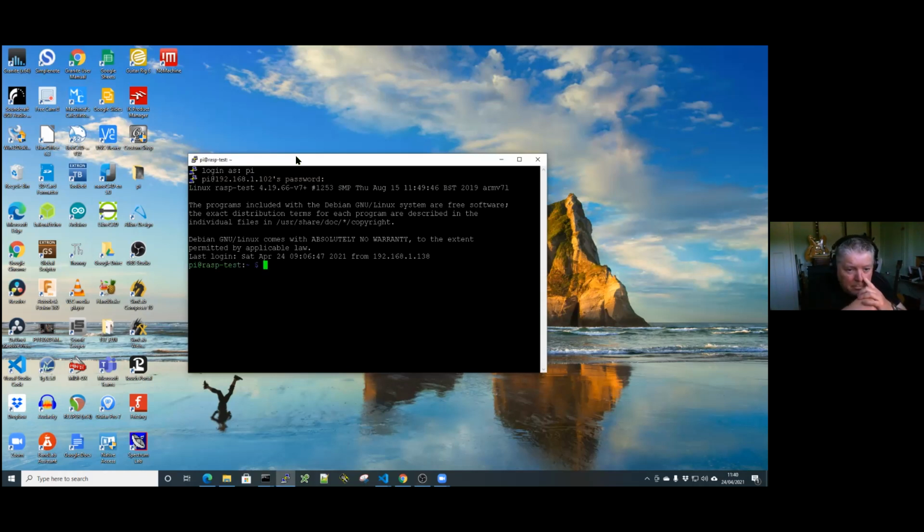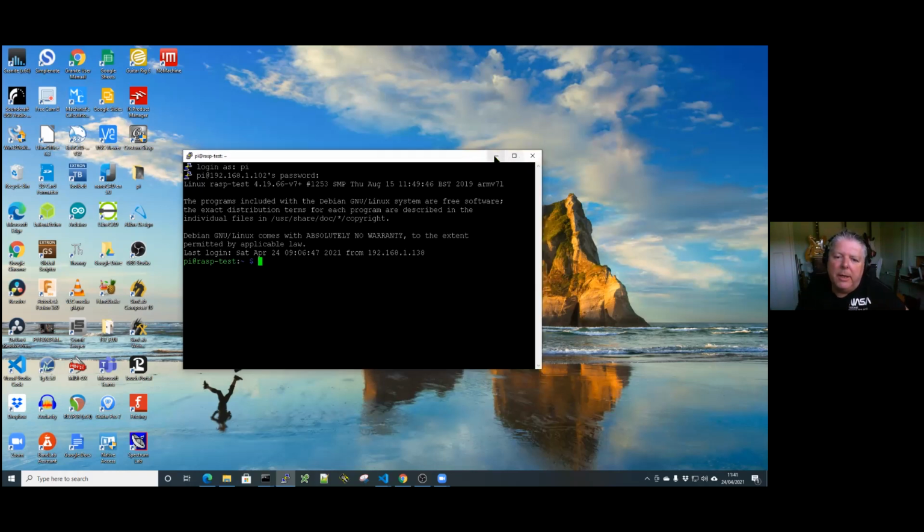Now, editing a Pi file on there I can do from here, but of course this would involve using a command line editor, something like Vi or one of those, and they're not my favorites. I spend so much time in Visual Studio Code that I want to work in Visual Studio Code. So there's a really neat way of doing that, and it involves using a, let me just, I think I